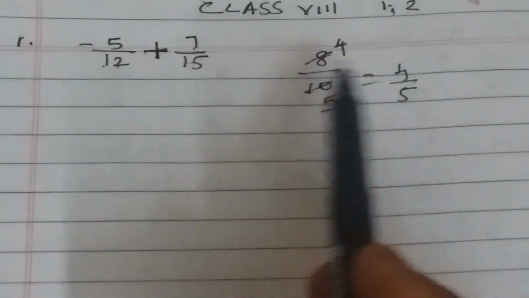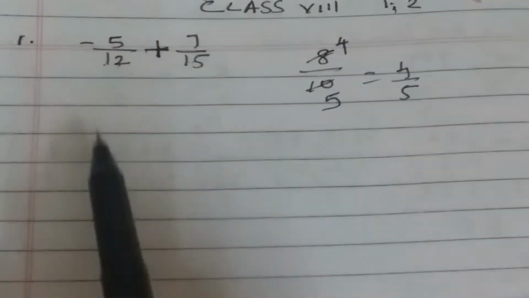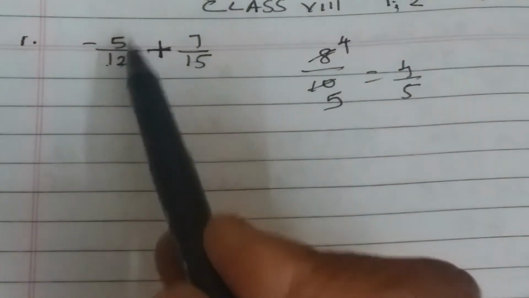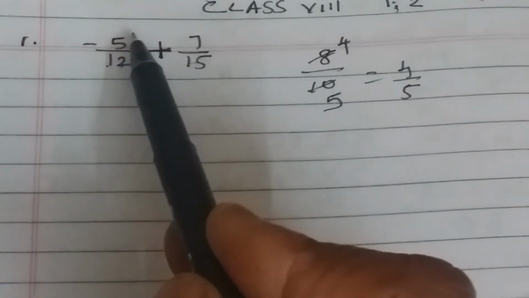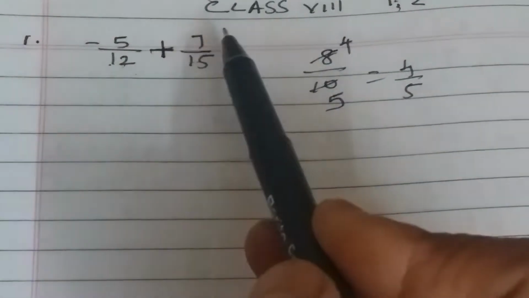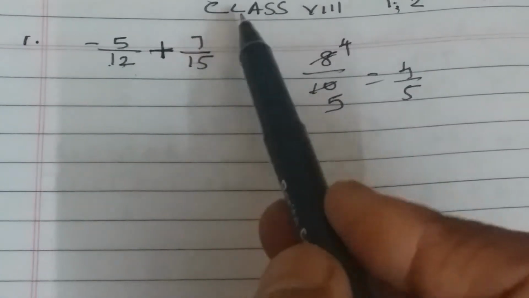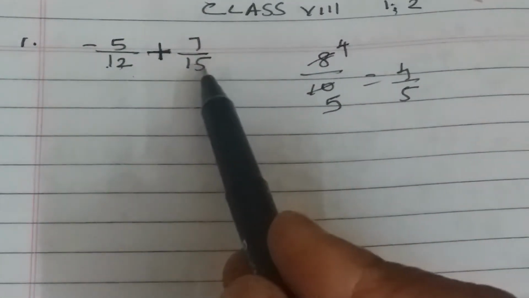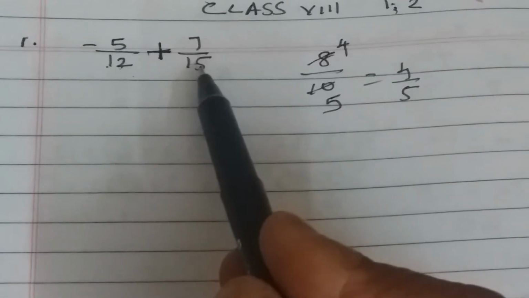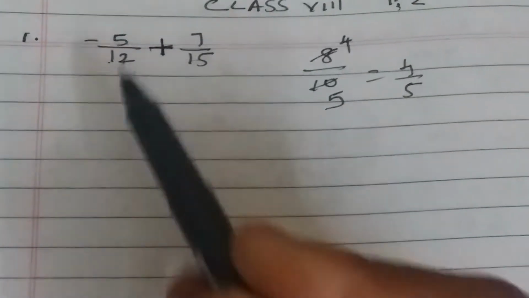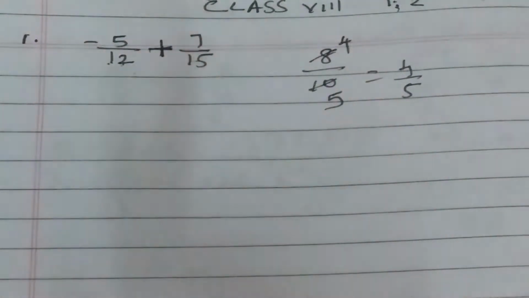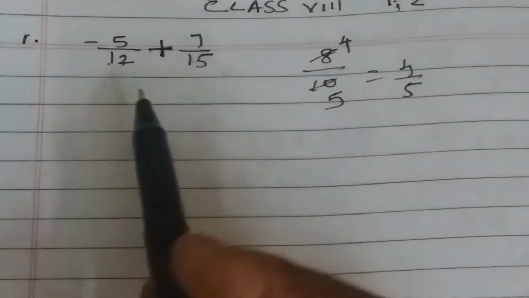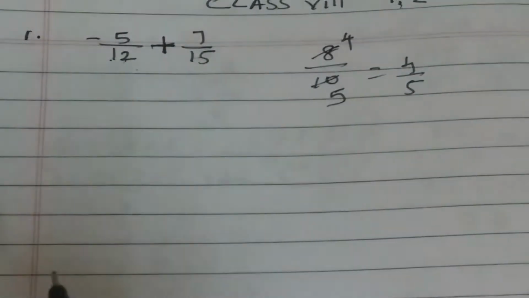Okay, so we have to check like this whether they have a common factor. So 5 and 12, they don't have a common factor since 5 is a prime number. And 7 by 15 also, 7 is a prime number. It comes only in the 7 table and 1 table. Even though 15 and 12 have different factors, 7 and 5 are prime numbers. So the given rational numbers are in standard form. Now we can proceed with the sum.